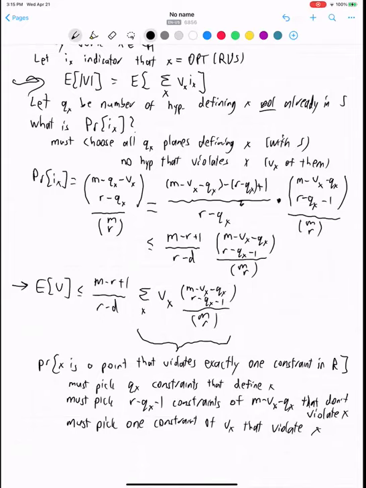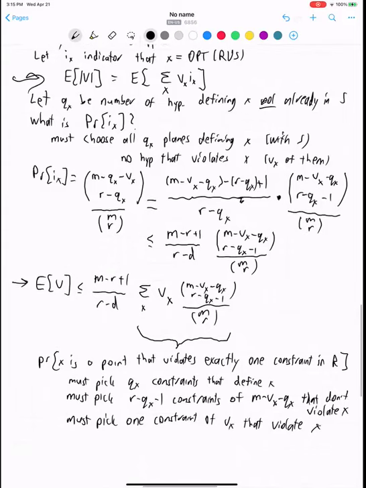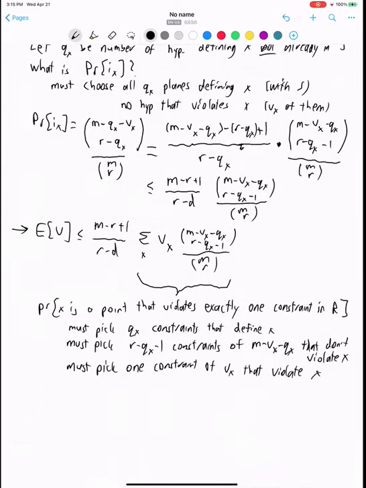I have to pick hyperplanes that don't violate X. And so the question is, how many such X's are there? I've just talked about the probability that X is a point that violates one constraint, but how many,